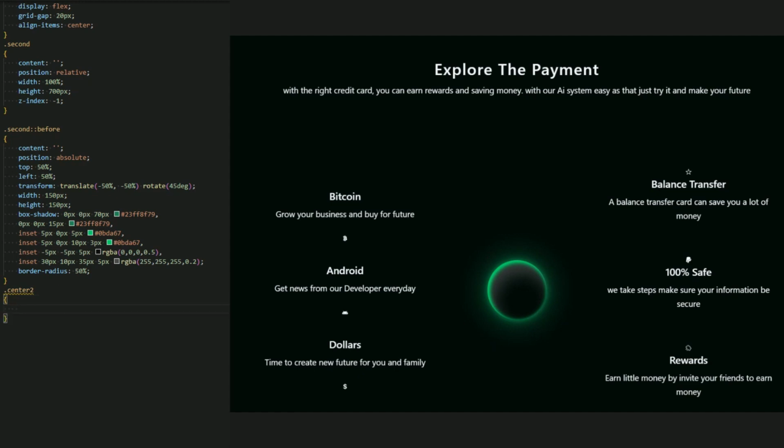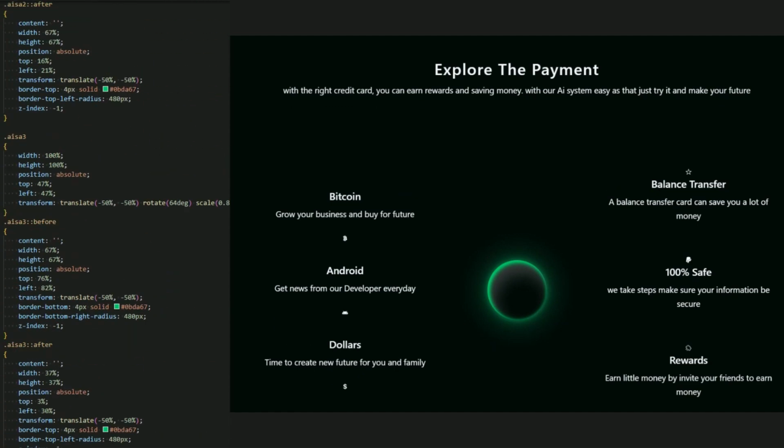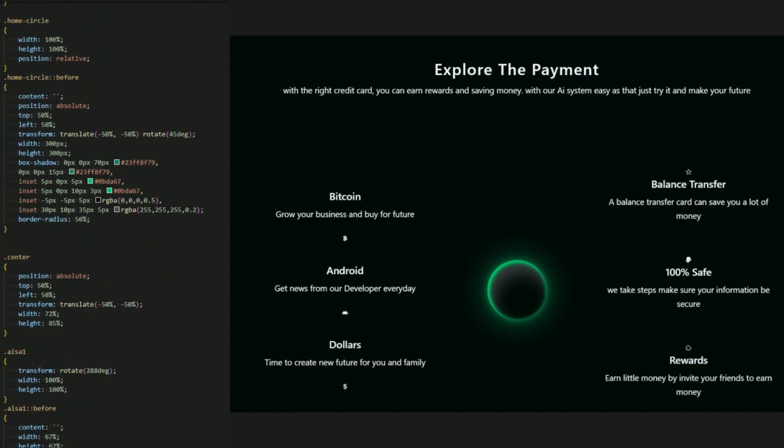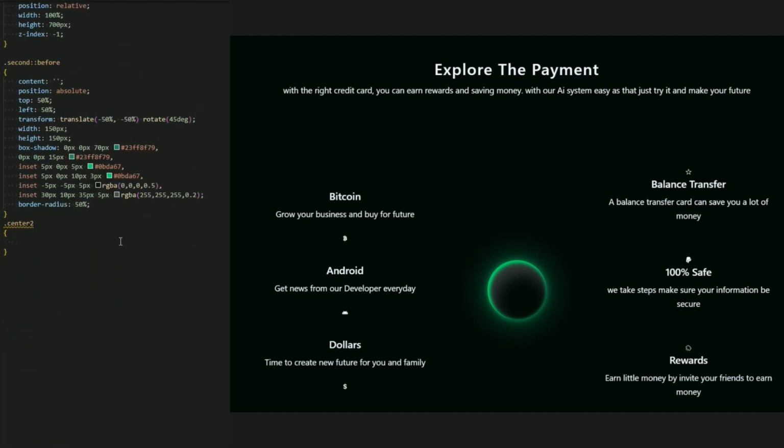Let me just copy this center one, the style of this, copy and paste it, and let me just decrease the size of the width and the height. Let the width be 52% and the height be 46%. I'm sorry guys. Okay, there we go. This is center two.